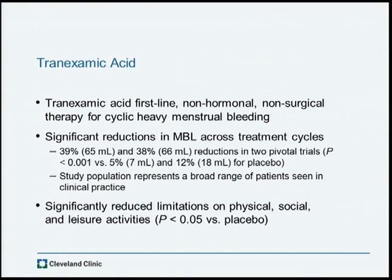I usually tell my patients, as listed here, almost 38 to 39% of patients will have reduction in their mean blood loss when using the medication. And that it also improved their quality of life outcomes so that they had less impact on the physical, social,